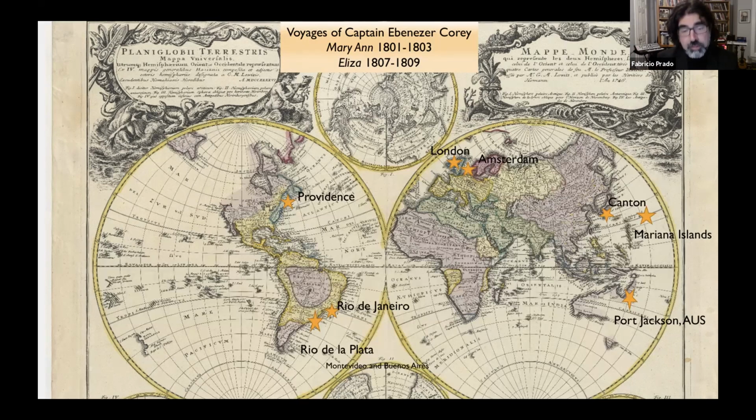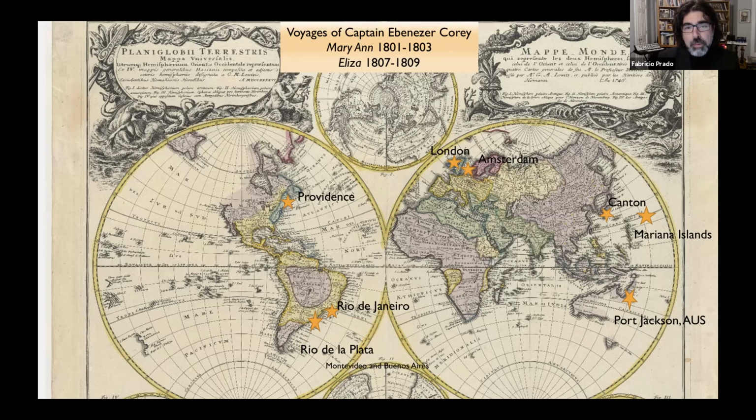So even though this is a sad story, not as sad as the one that I'm about to tell, but still a very sad story, the merchants involved in it made a handsome profit. Even when things went bad, it was not that bad. So that is something important to keep in mind.